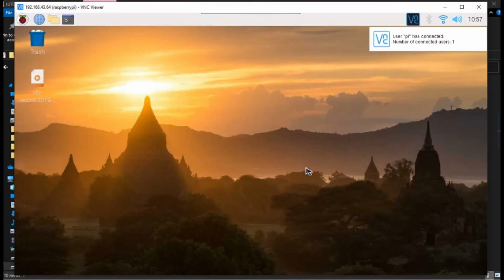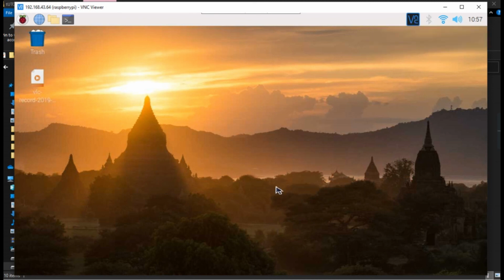In your case it will show different windows or pop-ups which you have to follow, like selecting country and language and keyboard style. According to your wish you can choose all those options. After that, at last, an update window will appear.